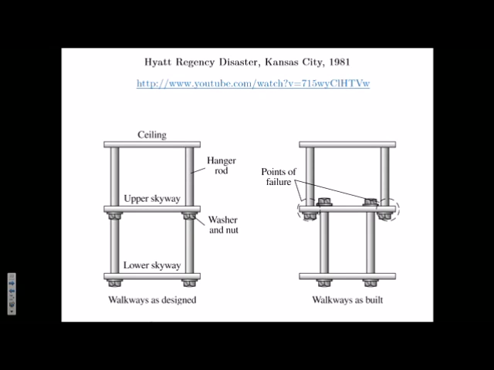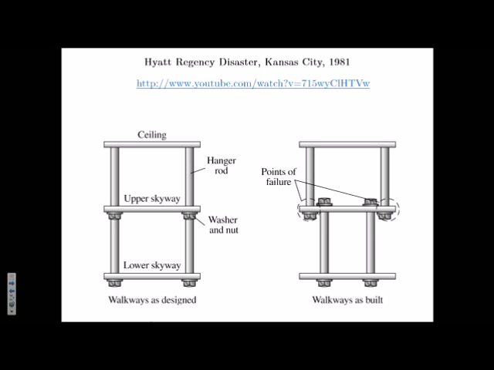The Hyatt Regency Hotel had opened only a year before the disaster happened. And Hyatt Regencies have a very unique atrium design. They had these skyways basically hanging above the main lobby. They were hanging from the ceiling. They had an upper skyway. It was glass, so people could actually walk on the upper skyway, on the lower skyway, and then, of course,